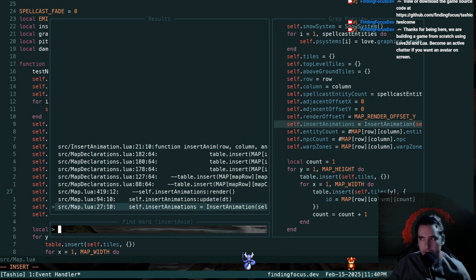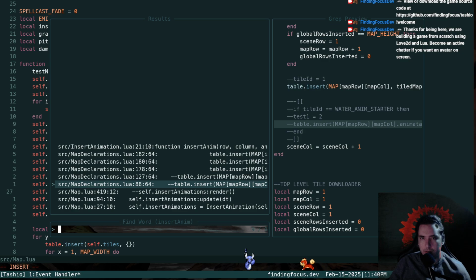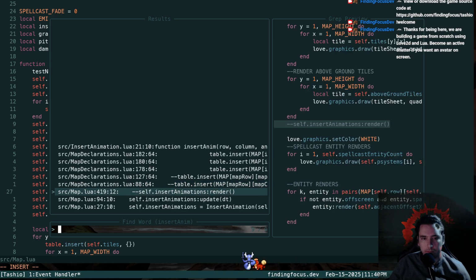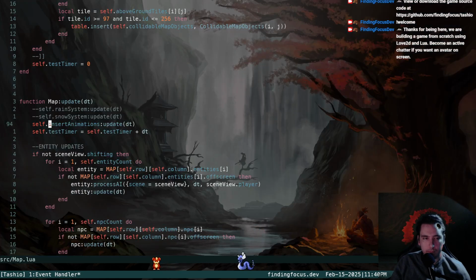I don't see where we're actually rendering it. Let's see what insert animations actually does. Oh, update in the map. That's where it is. But I think we're updating our map already. We should be updating our map already